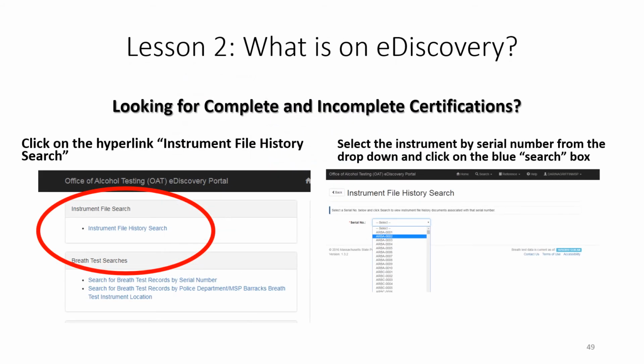In this part of the PowerPoint, I'll describe to you how you could find complete and incomplete certifications. I've already described a different way to locate certification summaries and other certification information that comes through the instrument and ultimately gets populated into eDiscovery. But if you are looking for the actual instrument files, scanned versions of the documents that have been generated and exist in the Office of Alcohol Testing, you're going to want to conduct a search using the Instrument File Search